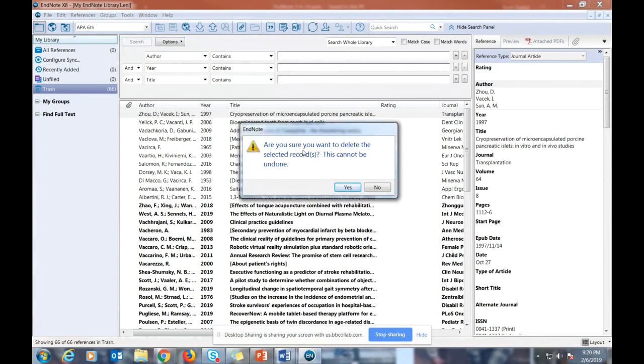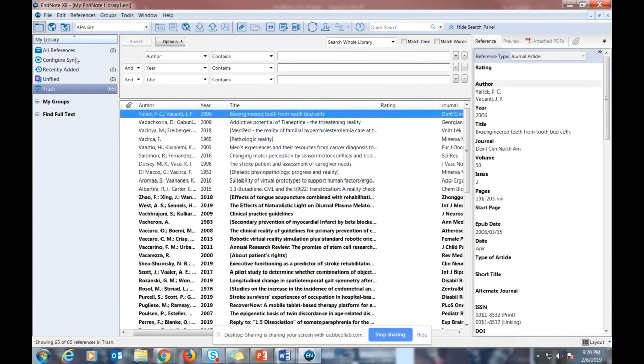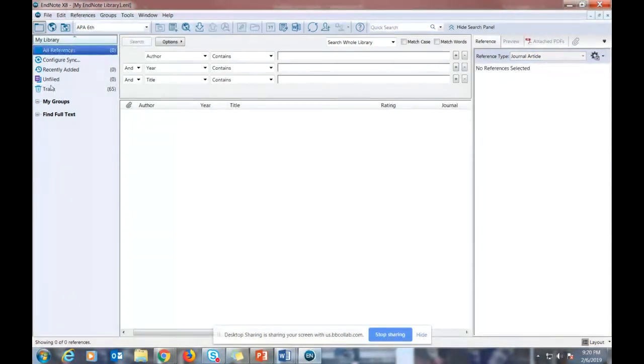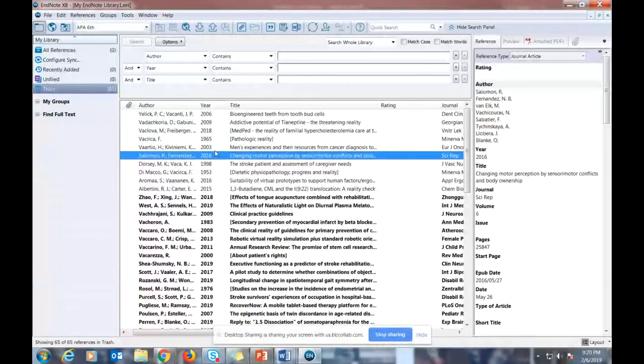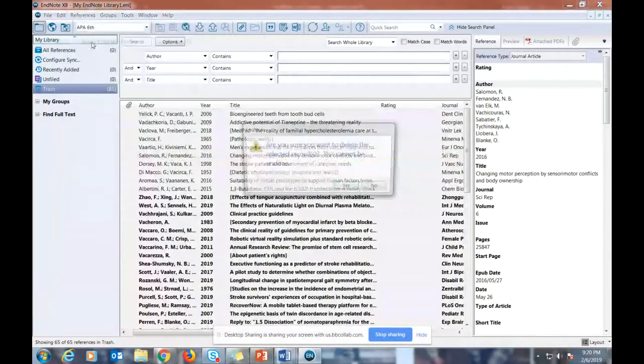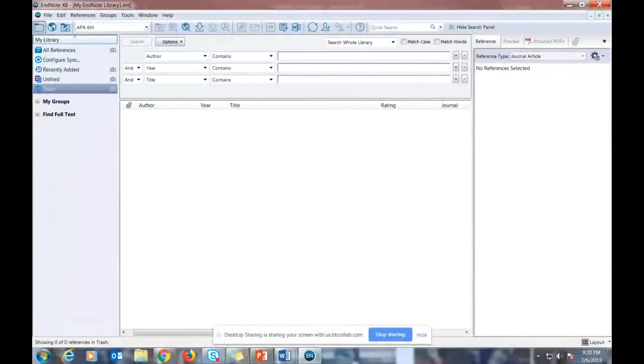As you'll see right here, it asks, are you sure you want to delete the records? And this cannot be undone. I'm just going to bite the bullet right here. So anyway, actually, this is what I should have done. There we go. So now we're empty. This whole library is completely empty now, which is good because that kind of brings us to our next part,